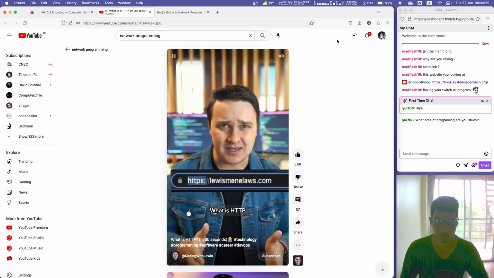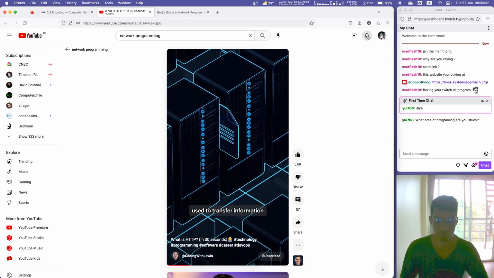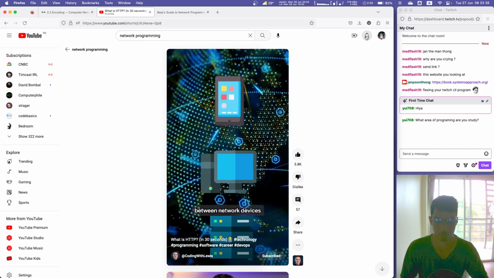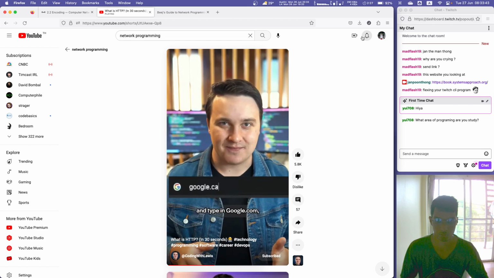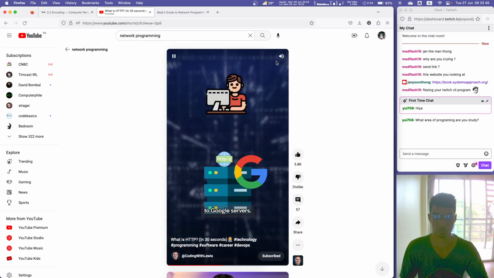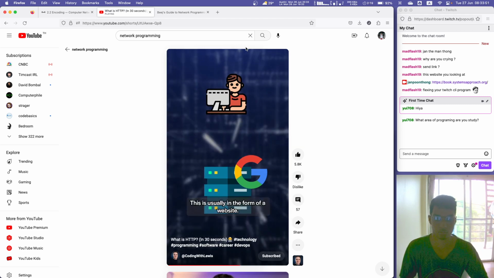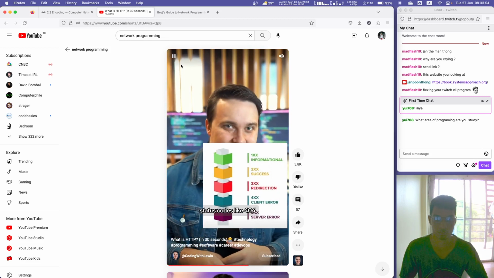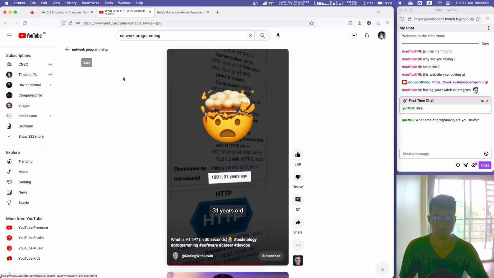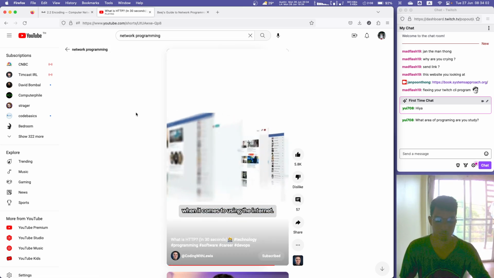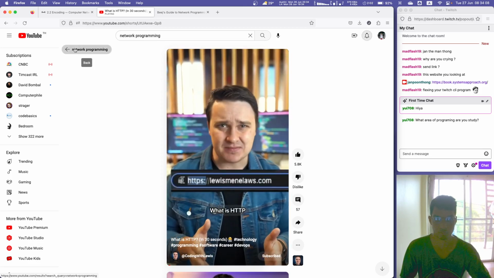What is HTTP and why do I see it everywhere? Hypertext Transfer Protocol is a protocol used to transfer information between network devices and runs on top of other network protocol stacks. When you open up your browser and type in google.com, you're sending an HTTP request to Google servers. They read that request and then send a response. This is usually in the form of a website. This is also where you see those HTTP status codes like 404 not found or 500 server error. HTTP is over 31 years old and is the standard when it comes to using the internet. Now, how do I even fix this 404 error? What is HTTP and